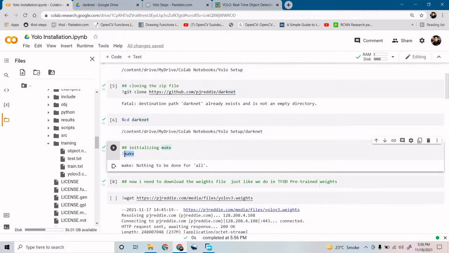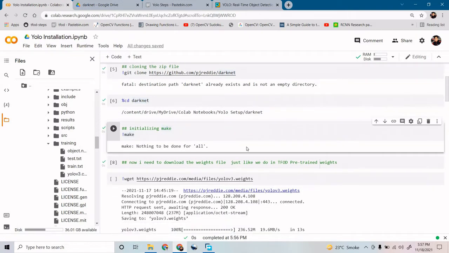It will set up your environment according to the YOLO architecture. Now it is showing me nothing to be done for all, but when you do it the very first time, it will initialize it and you will see a lot of processing over there. For me, it is done already. That's why it is showing like this.